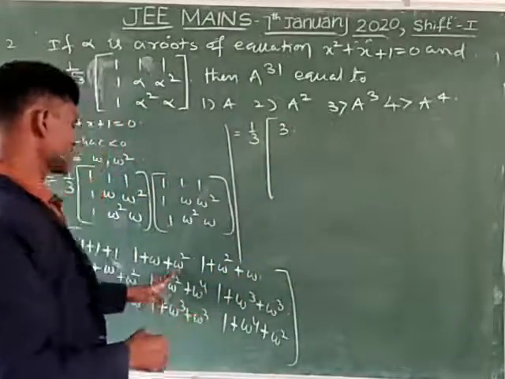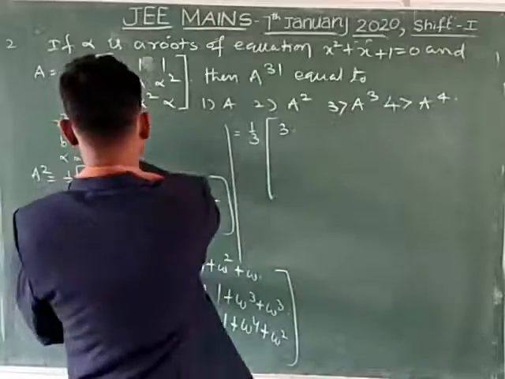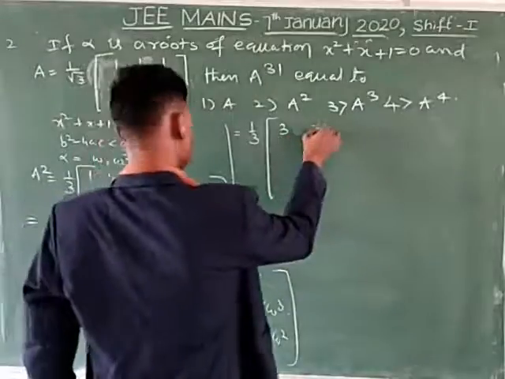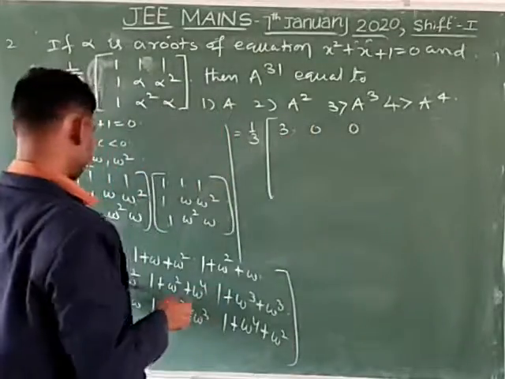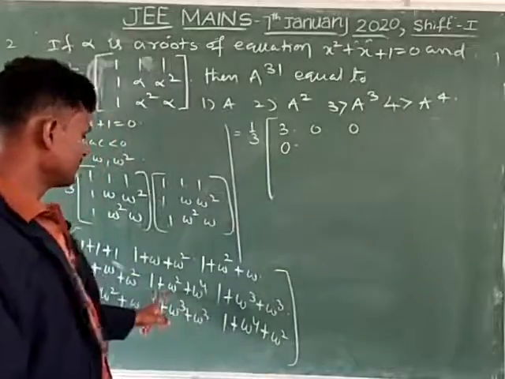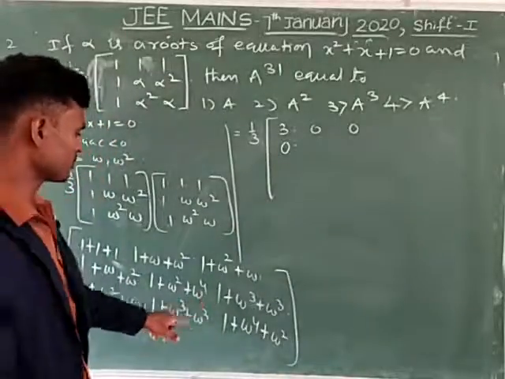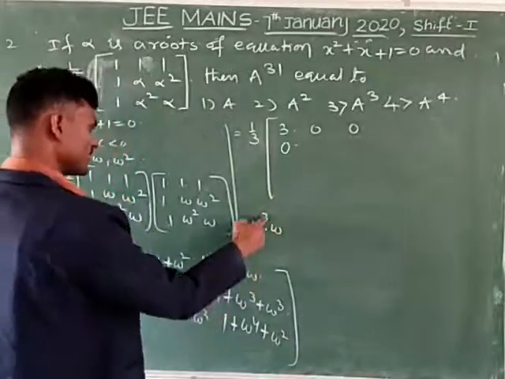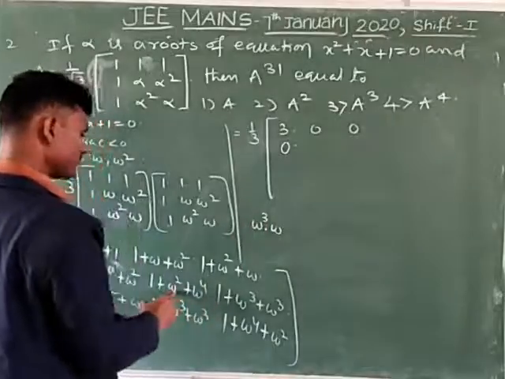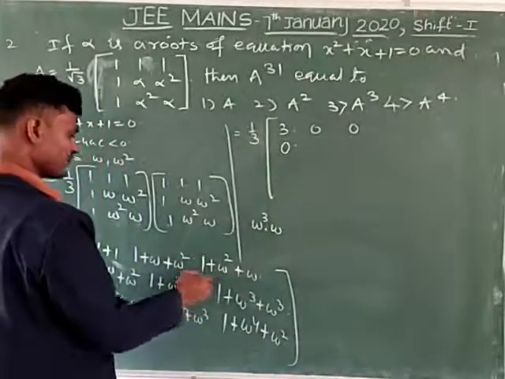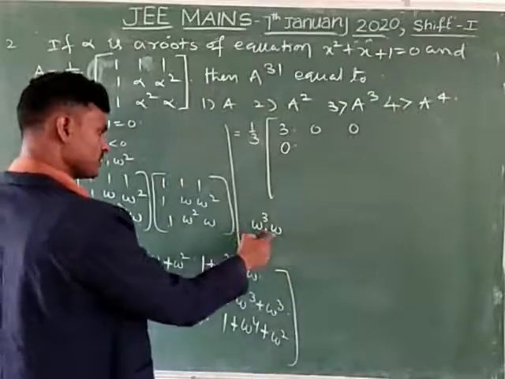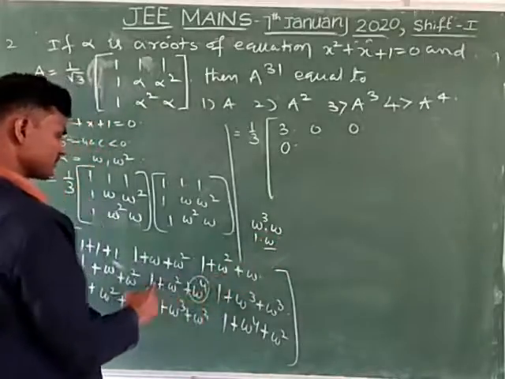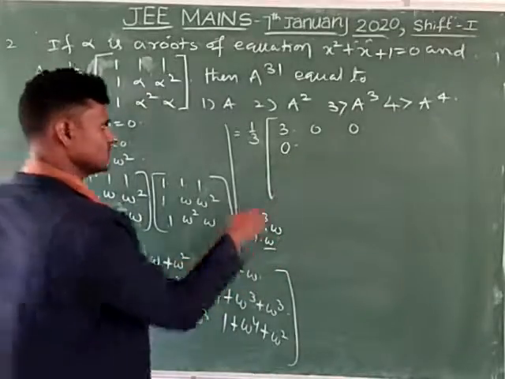Here 1 plus omega plus omega square is equal to 0. We know that. Here you have to substitute. Here omega means omega square, omega plus omega, 1 is equal to 0. Next one also 0. Next this is 0. Next here see here 1 plus omega square plus omega to the power 4. Here omega to the power 4 you have to write omega cube into omega. Then omega cube is equal to 1. Then here 1 plus omega square plus omega to the power 4, instead of this you have to write omega cube into omega. Here omega cube, instead of it you have to write 1, and 1 into omega is equal to omega. Then 1 plus omega square plus omega is equal to 0 again.